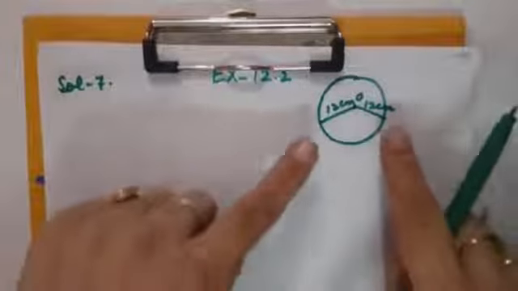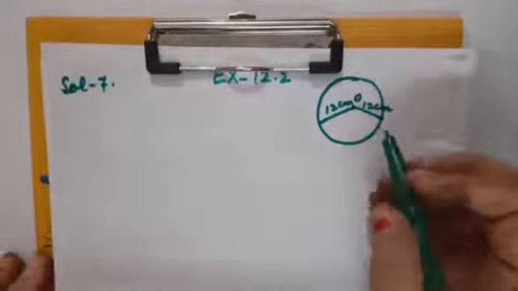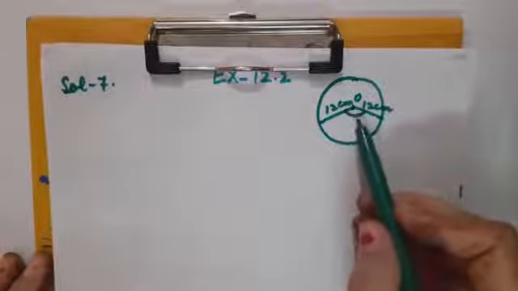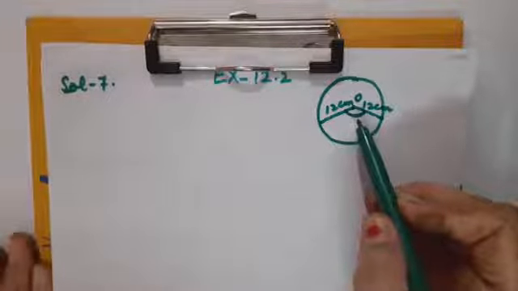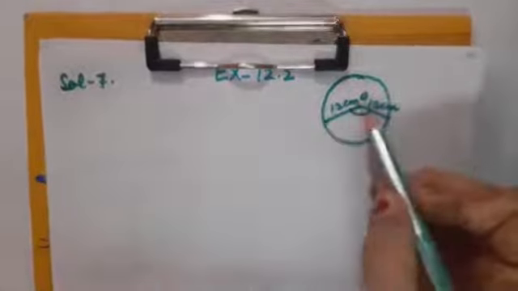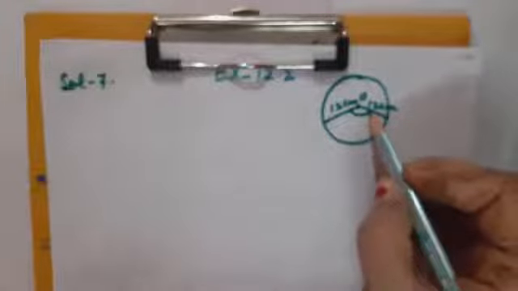It is subtending an angle of 120 degree. Children, make sure that whenever you are going to form a central angle, it must appear like the angle which is demanded in the question. Like suppose if it is of 45 degree, then definitely the sector must be looking like this. But if it is of 120 degree, as it is an obtuse angle, it must be appearing like this. Clear, children?